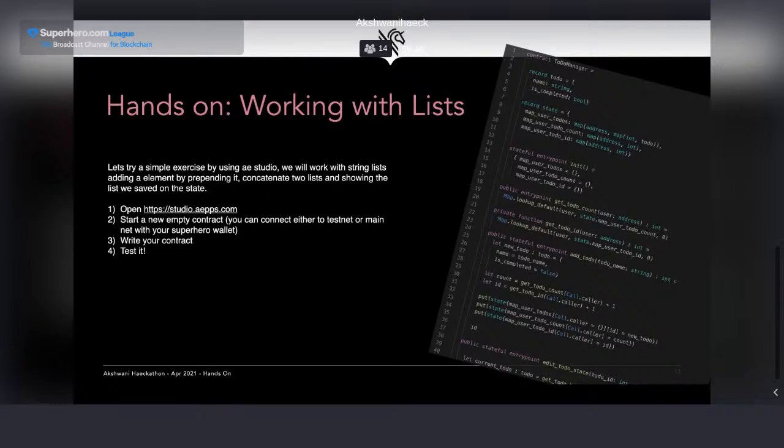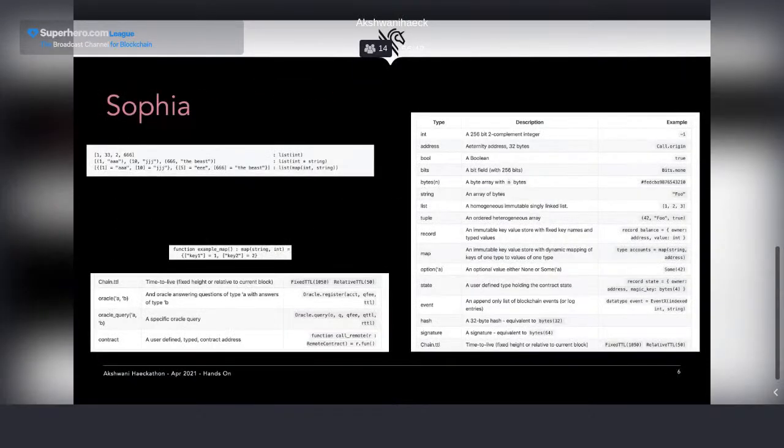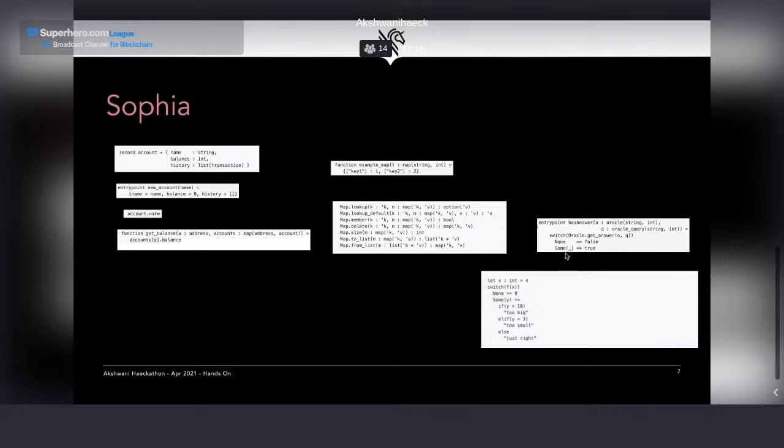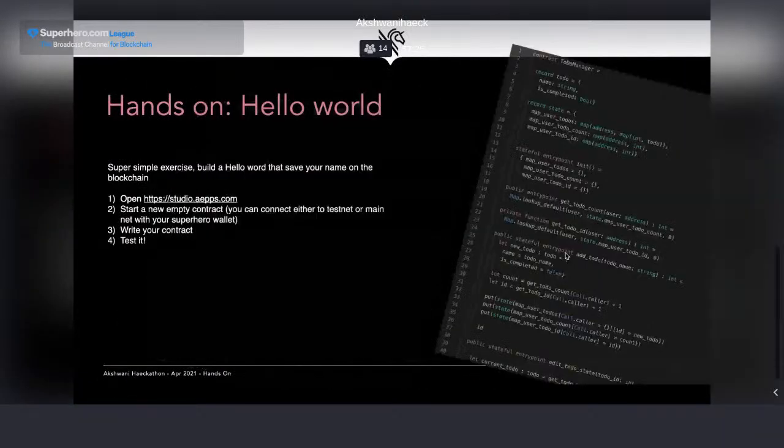Once again, I will go back. Let me see if I have the list element here. The way you can define a list is very easy. It's just a list, and you have to put the type of the list. In our case, it's going to be just strings, but you can also have tuples in the list. But that's a little bit more advanced. I will show an example anyway. So the first thing we want to do is to add an element. But first, maybe we need to build our main structure. So I will try to go with you guys.